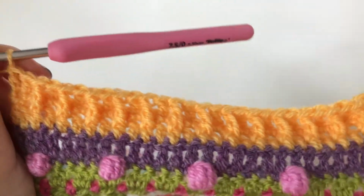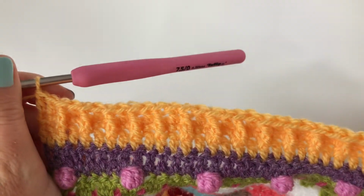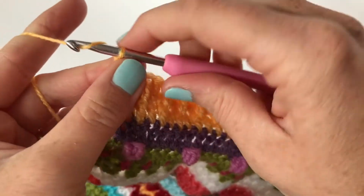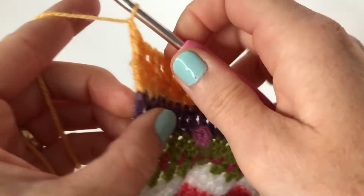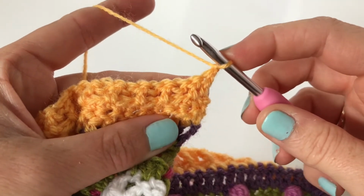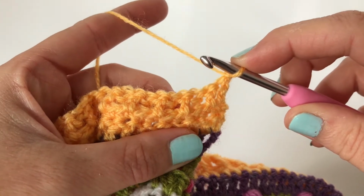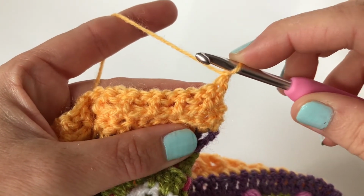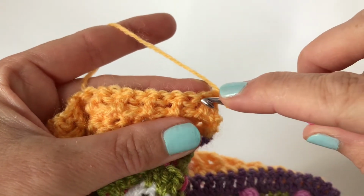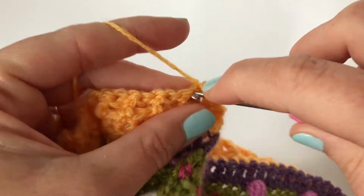So that's 3 rows. Obviously, to get the ripple effect, I will show you how we alternate it slightly differently on row 5. But we're now moving on to row 4, and we make 1 chain, which counts as our first double crochet stitch, because what we're doing, just like in the second row, we are simply doing 1 double crochet, US single crochet, in each stitch along. So the turning chain counts as a stitch, so we don't crochet into that one, crochet into the next one along, and we just do 1 double crochet in each stitch